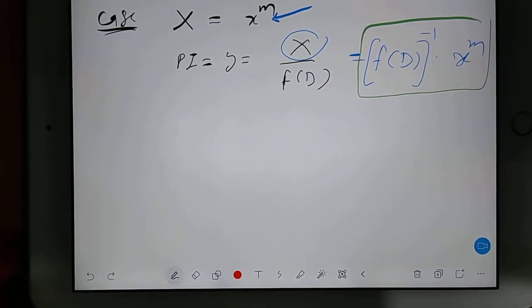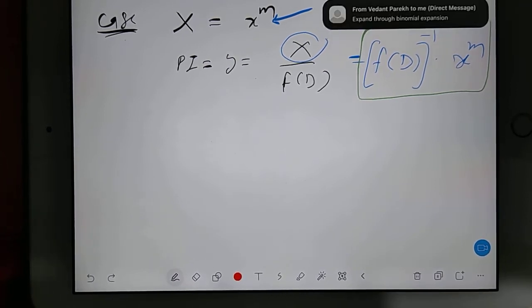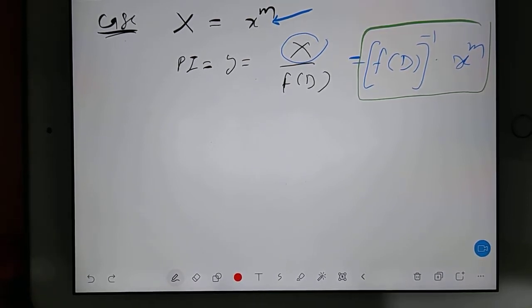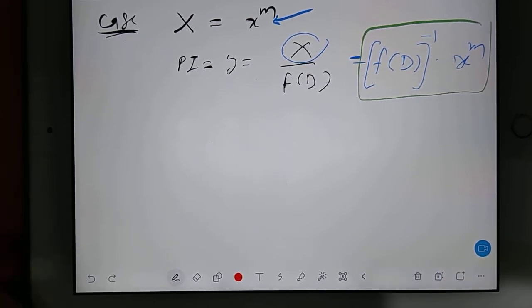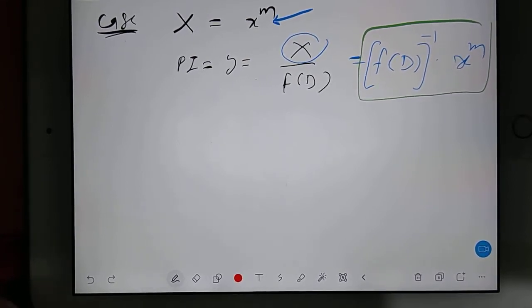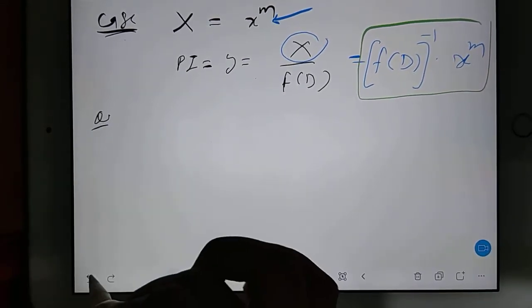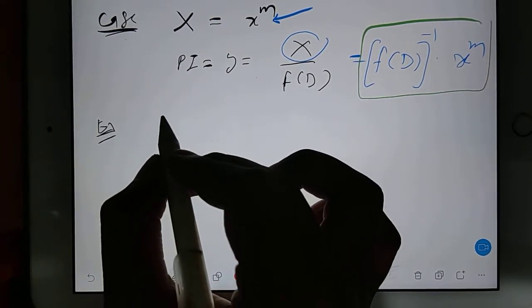Now here one beautiful fact is there. That beautiful fact is, we used to expand powers of D with the help of higher order expansion, no? With the help of that, we used to expand. I will take one example, and in that example, you will learn how to expand things. We have some functions. Let's understand one example.